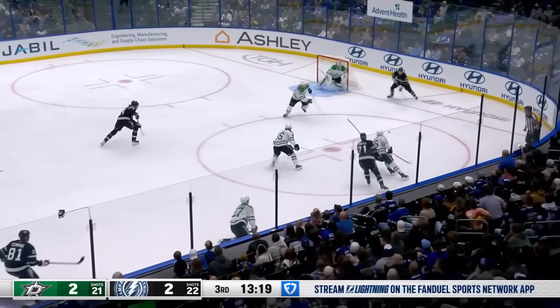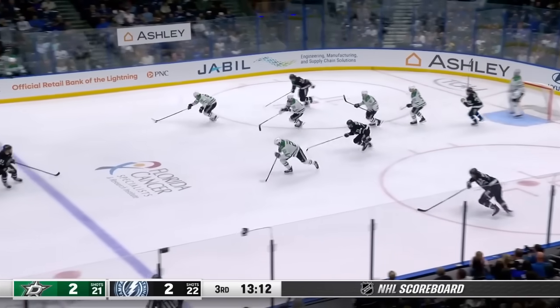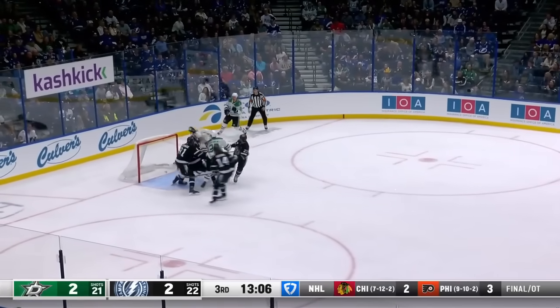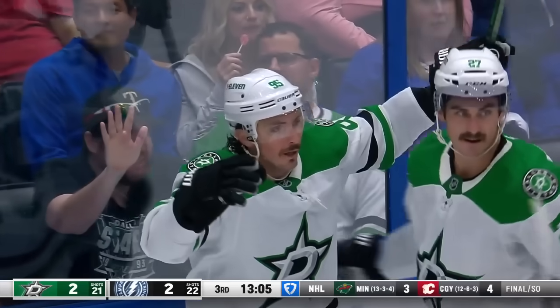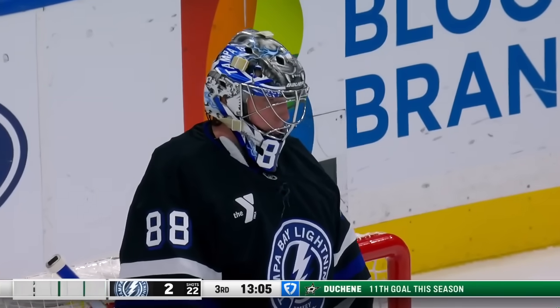Defensive-minded teams right now. Cirelli puts it down low. Good play there by Lyubushkin, but they stay with it. Here's McDonough, dishes off, and it's picked off by Duchene, and he's got a 2-on-1. Duchene in, drops it back, Sagan, Duchene scores! Matt Duchene from a very sharp angle finds the top of the net, and Dallas has its first lead of